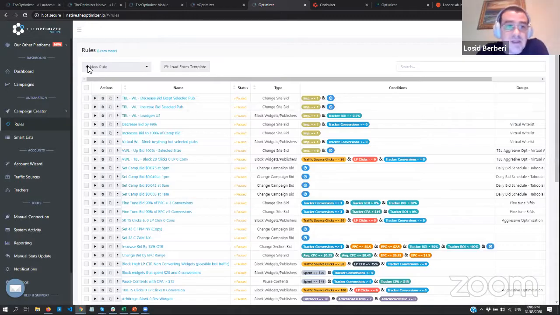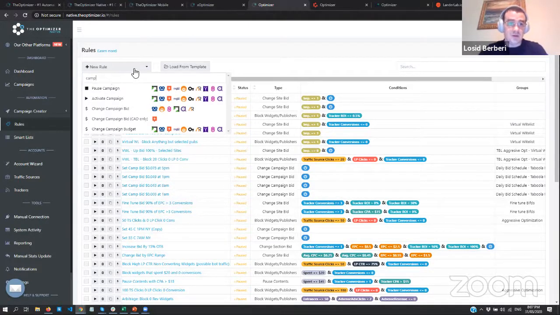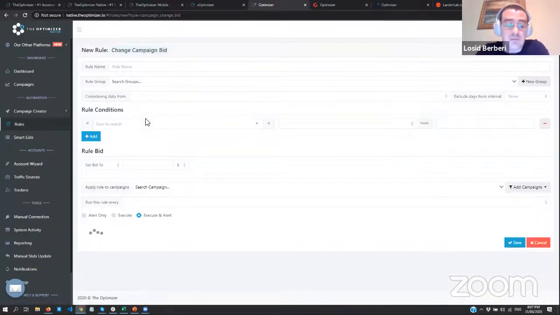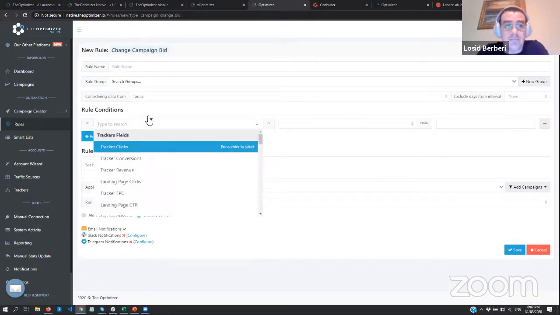Something else that you might want to do is change the bids, and something which we've seen helps your campaign performance is avoiding pausing the campaign totally. Instead, let's say during nighttime, instead of totally pausing your campaign, what you want to do is play with either the bid or the budget of the campaign. So in that situation, let's go over some examples here. So let's say we want to change the campaign bid. So I'm just going over a campaign bid rule, and let's say I want, based on today's performance,